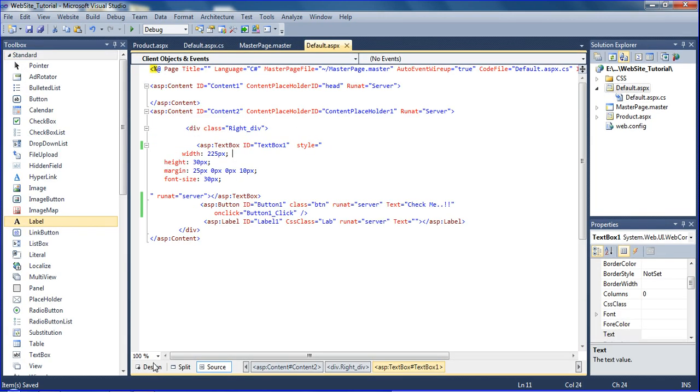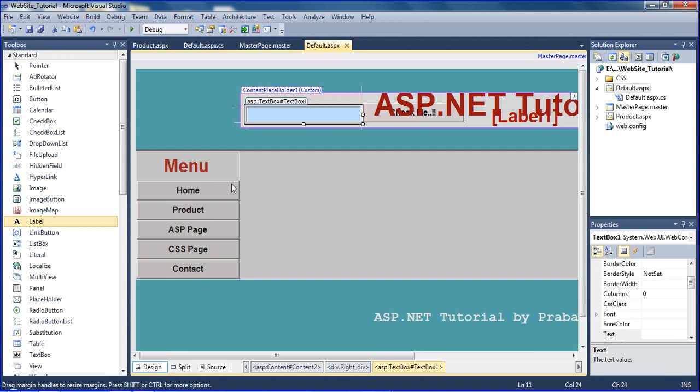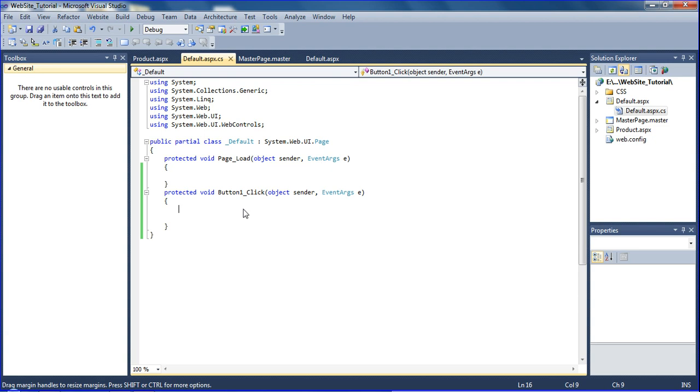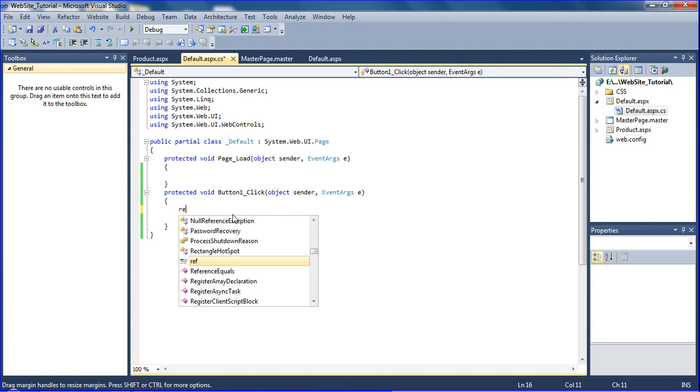See, here I am in button click. See this check me button. Here I am having the check me, the button one. Okay, so this button I double click, so the button one event opens here. Okay, here I declare Response